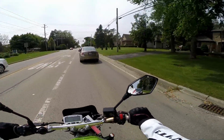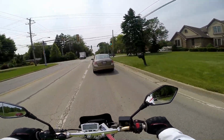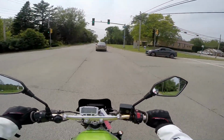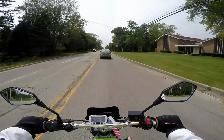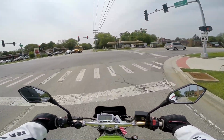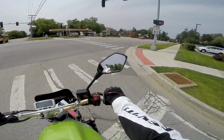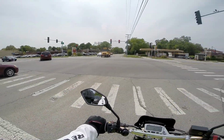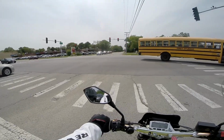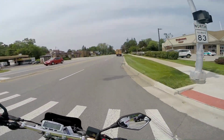You don't have to deal with trying to rev match or whatever if you're not perfect with them. It'll come with practice to getting nice and smooth. Right here, downshift, clutch in, brakes, click into first, you're good. If you were to take this turn when it was green, you'd be in second and you'd take this nice turn, smooth on the throttle. Hopefully I mentioned that earlier, that you should stay at a nice constant throttle when you're